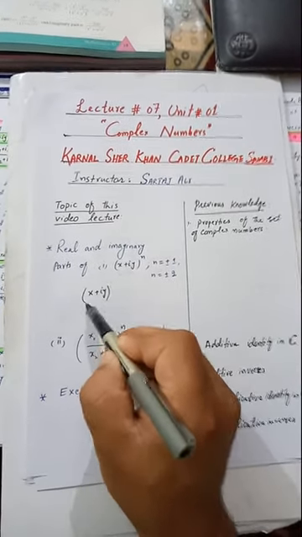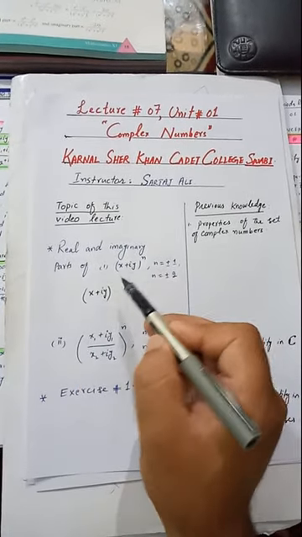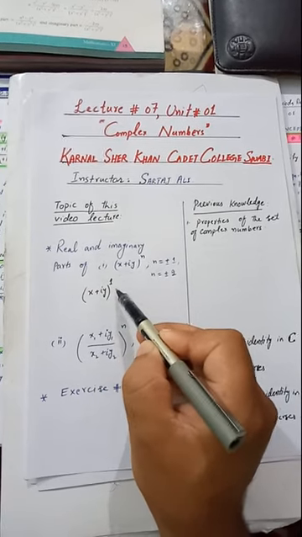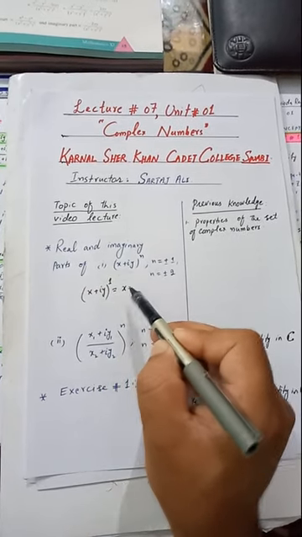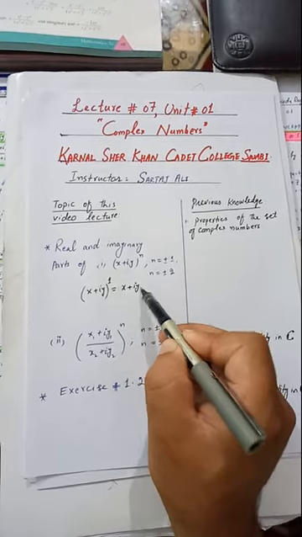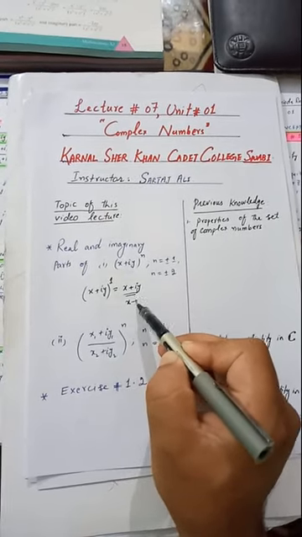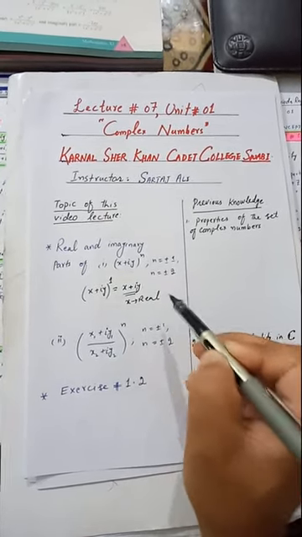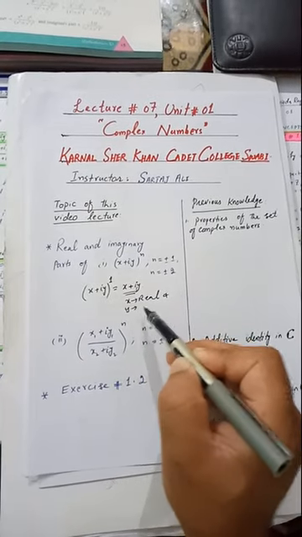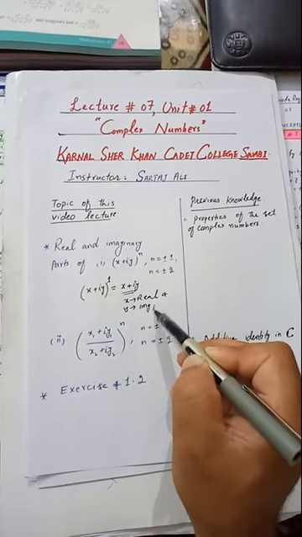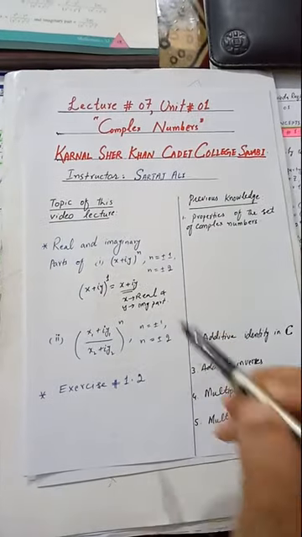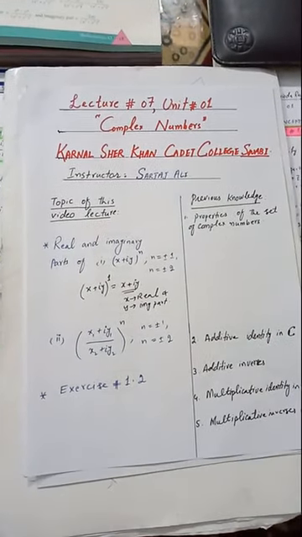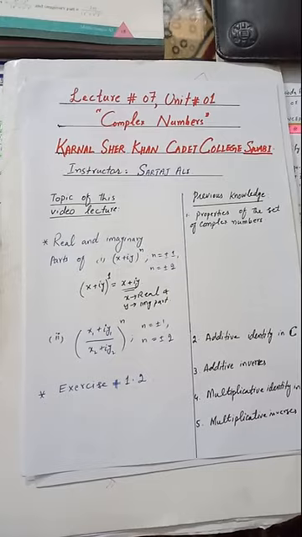If the power n is 1, it is so simple: this is equal to x + iy. So according to the definition, x is the real part and y is the imaginary part. But if the value of n is equal to -1, or